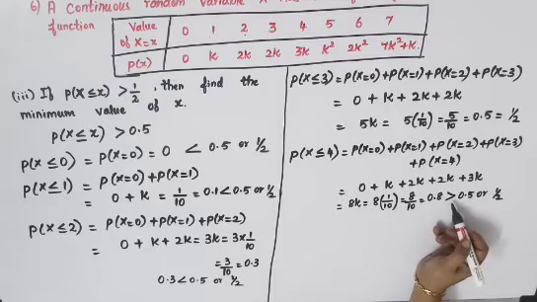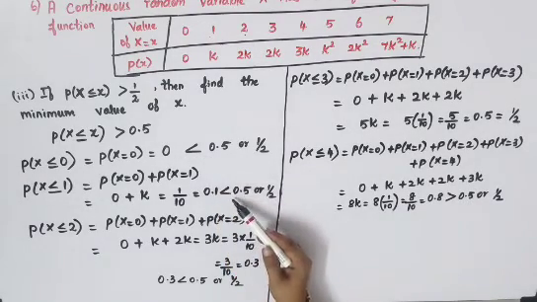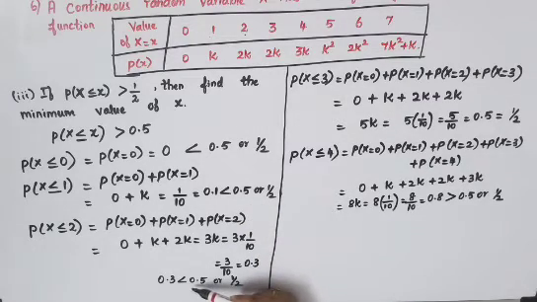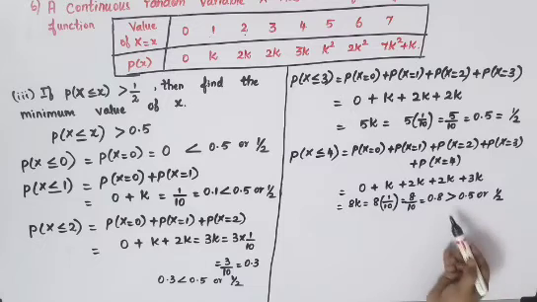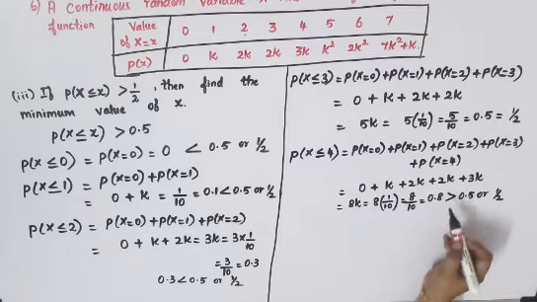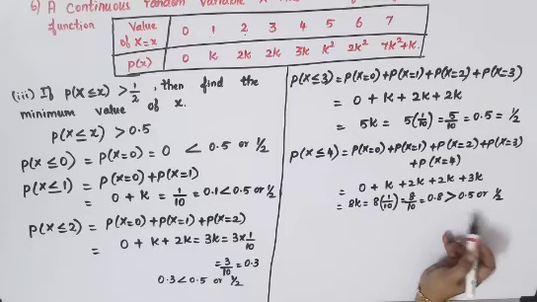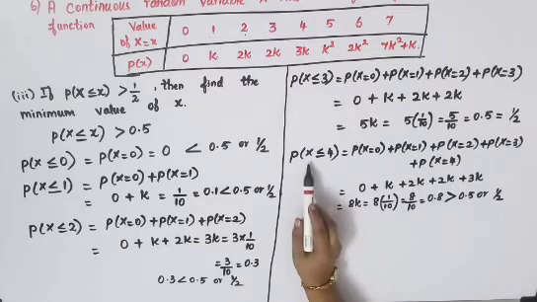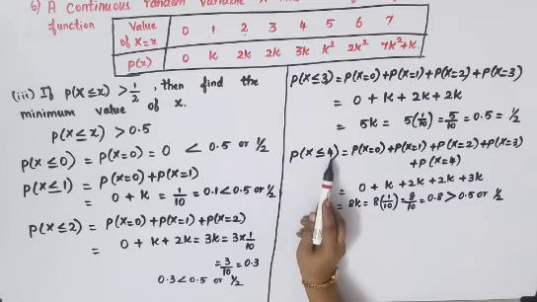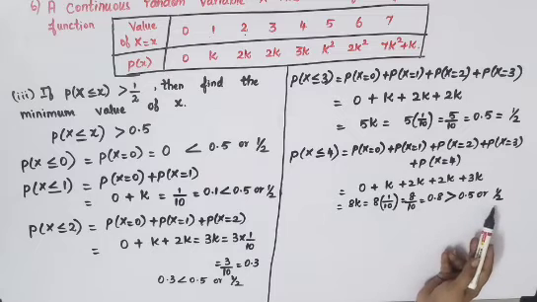So now we have got the greater value. Now you can compare and see. Here it is less. Again your second value is less. Third value is less. Fourth we have got equal to, but fifth is greater. So till you get your greater value, you have to proceed. So now we have got the greater value, so we can stop here. But for which value of X only they have asked. So starting value is 4. So from 4 we will get the value greater than 1 by 2.